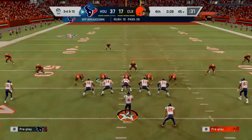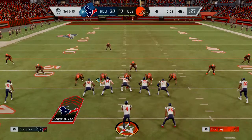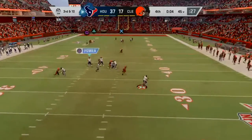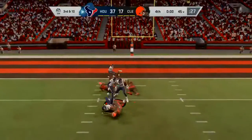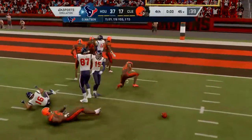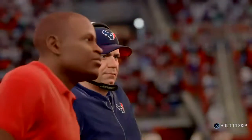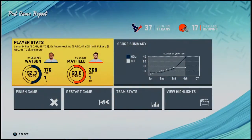An incomplete pass on 2nd down. It muddles things a little bit here. This is 3rd and 10. To the air yet again, Watson. Flushed out right. Now on the run. He'll throw it back deep over the middle. And it's incomplete. They're still throwing to the very end. But now this game is over. So Houston going to come away here with the victory. And they were buoyed, Charles, by a